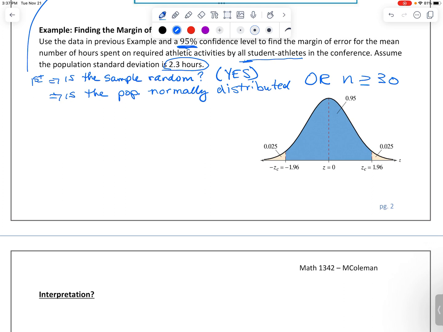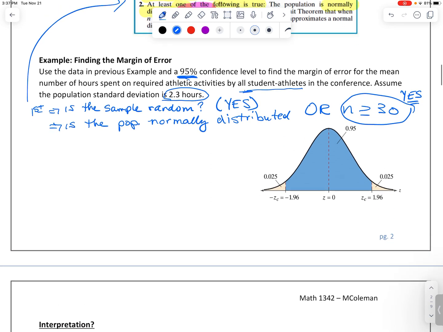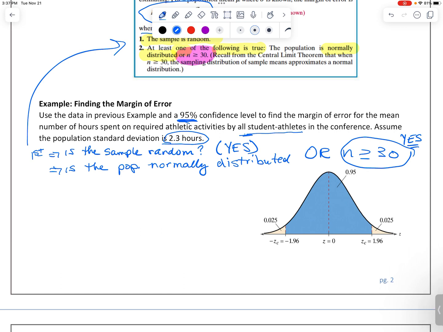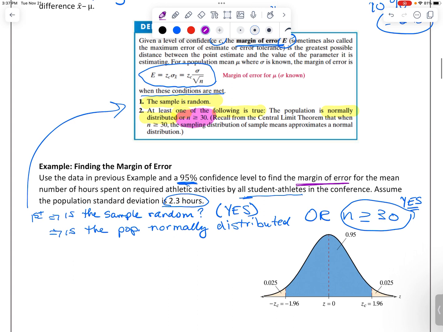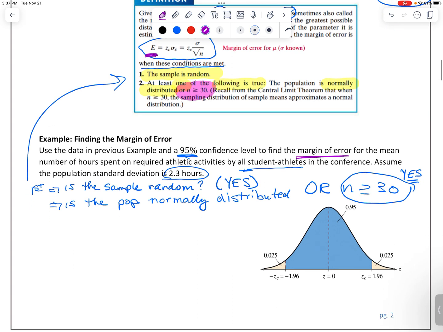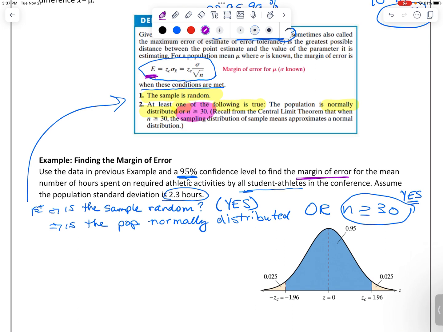So now that we have concluded that this is true, I know I can find the information that I'm trying to find. And in this case, in case we've forgotten, what I'm trying to find is the margin of error. So I'm trying to find this E. Okay? So to do that, I need several things. I need my critical value, I need my standard deviation, and I need my